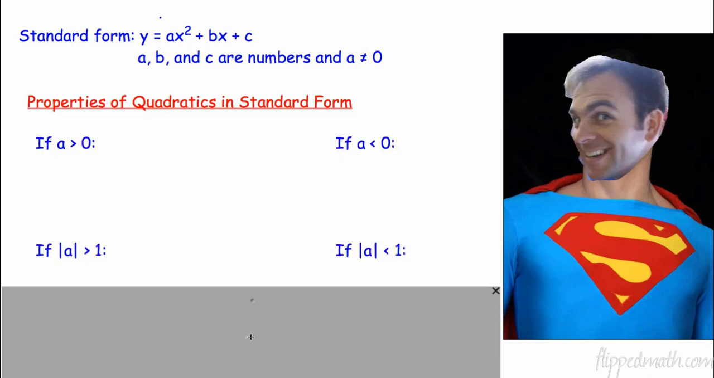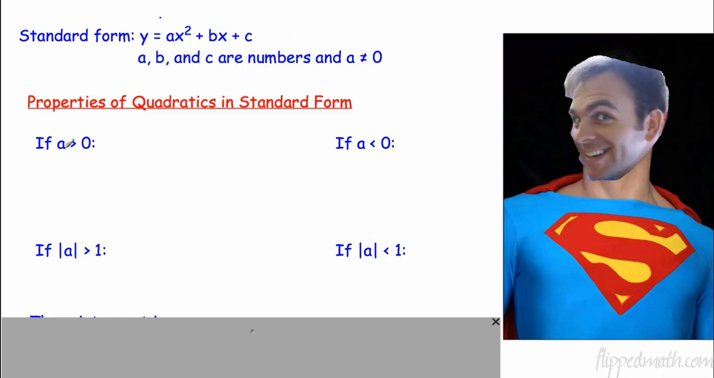Properties of quadratics. Let's take a look. If a is greater than 0, remember last time a greater than 0 meant it opened up, and it still does. That's pretty nice because that's not going to confuse us. Otherwise, if it's a negative number, it's going to open down. Just like in vertex form, when a was positive or negative, it determined if it opened up or down. And just like that, if the absolute value is greater than 1, that means it is narrower